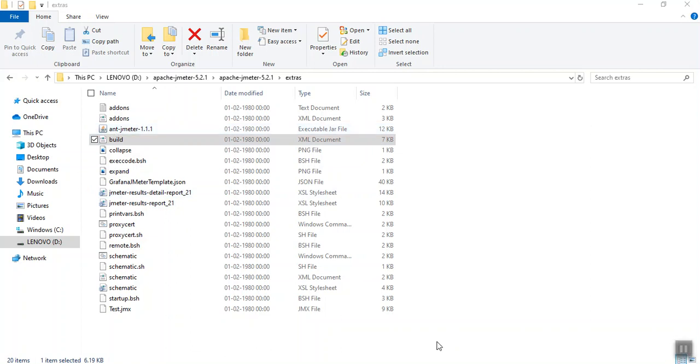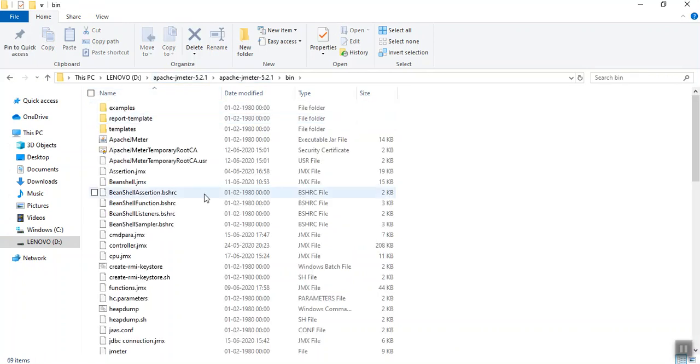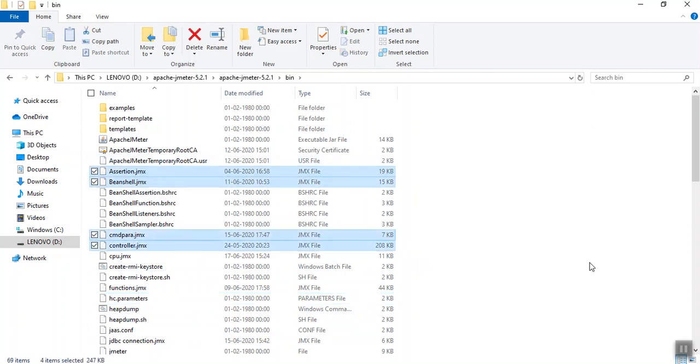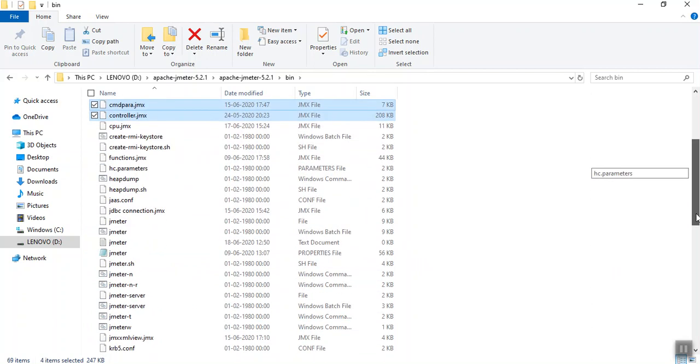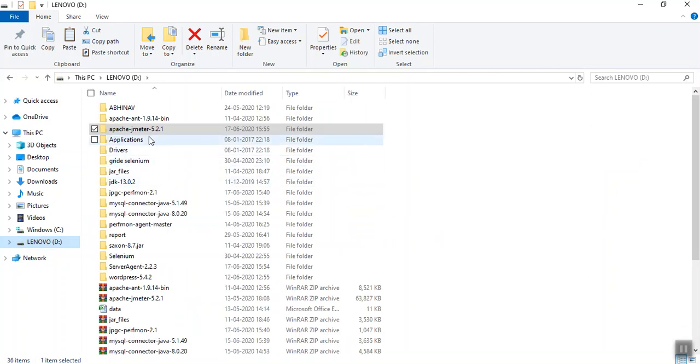Before that, I have to do one thing. Go to your JMeter. When I am having multiple scripts, so what I do, see, these are CMD, control, CPU. These are multiple scripts I have created in front of you only, guys. So copy it, take some scripts. Okay, listeners, copy it and let's put it in a new folder.